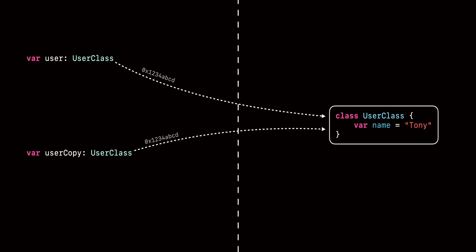Copying reference type objects works quite differently. Instead of getting a separate object, you get a separate reference to the same object. In this illustration, you copy the number which stands for the memory address, but the actual data in memory doesn't get duplicated. Basically, creating another reference will only affect the object's reference count. Oh, and by the way, automatic reference counting only deals with reference types.